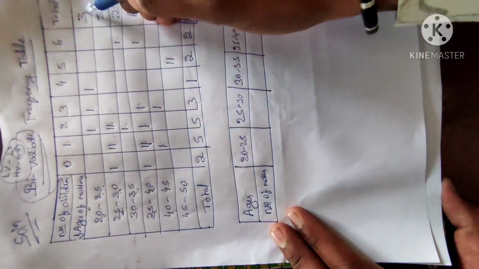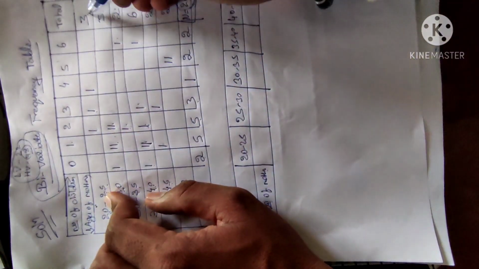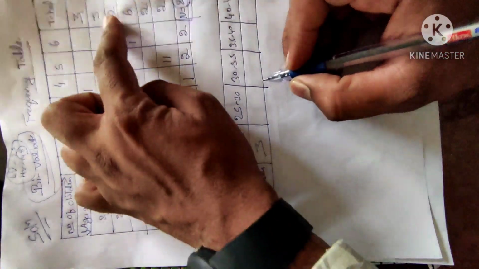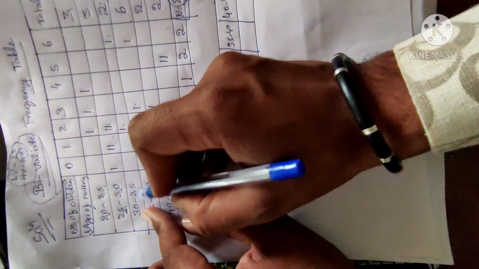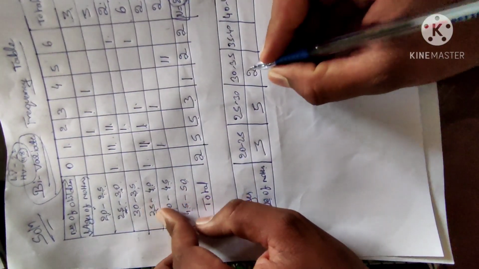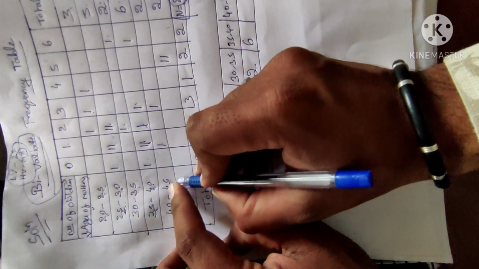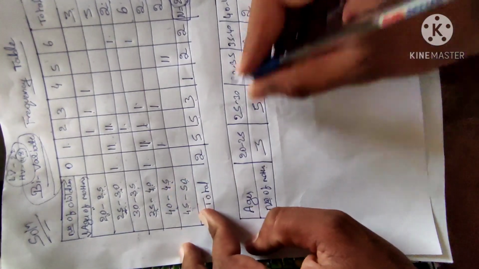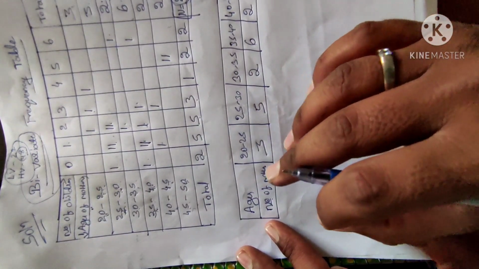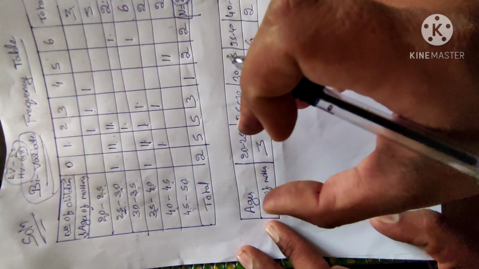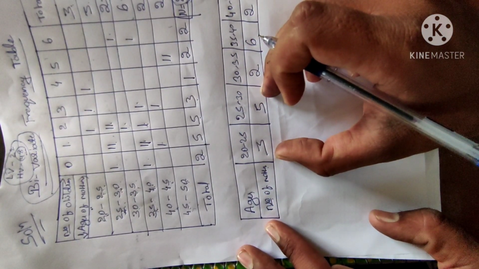We have already calculated this information here. So ages information 20 to 25, the total value is 3. We should write the value here, 3. Next 25 to 30, the value is 5. Next 30 to 35, the value is 2. Next 35 to 40, the value is 6. Next 40 to 45, the value is 2. Next 45 to 50, the value is 2. This is the way of conversion of bivariate data into a single table or marginal frequency table by using the ages of mothers.